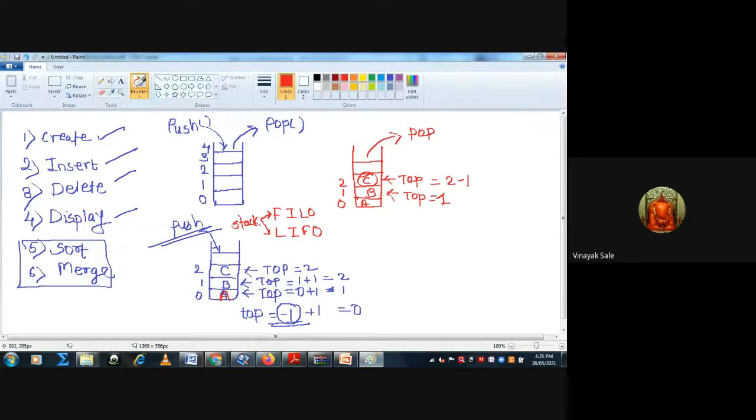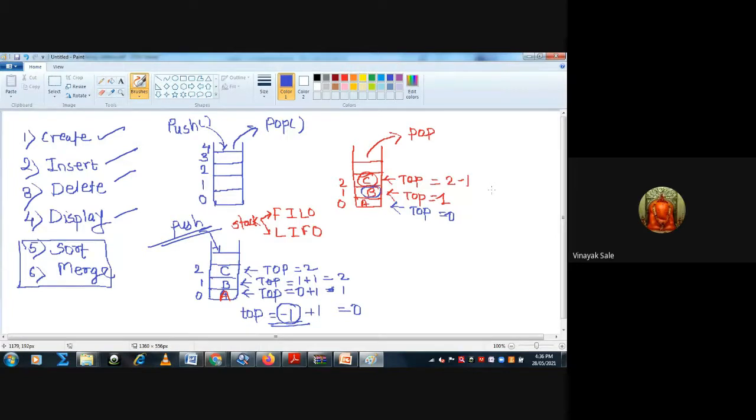Then when you remove the second element, again top is decremented, so top goes to the 0th position. Okay, these are the insertion and deletion operations. Then displaying how many elements are present in the stack.